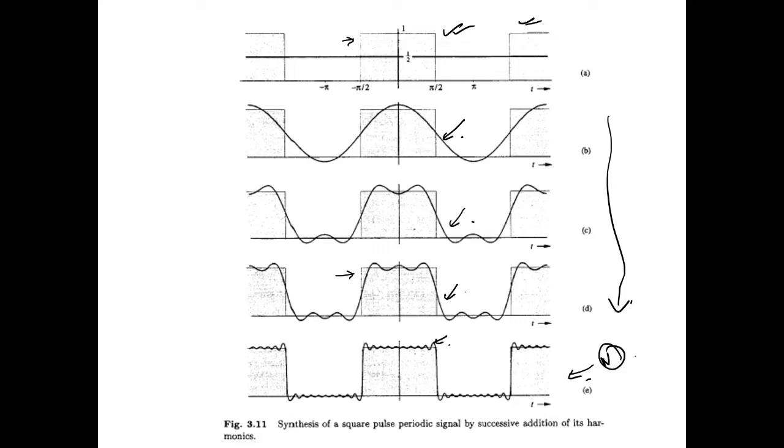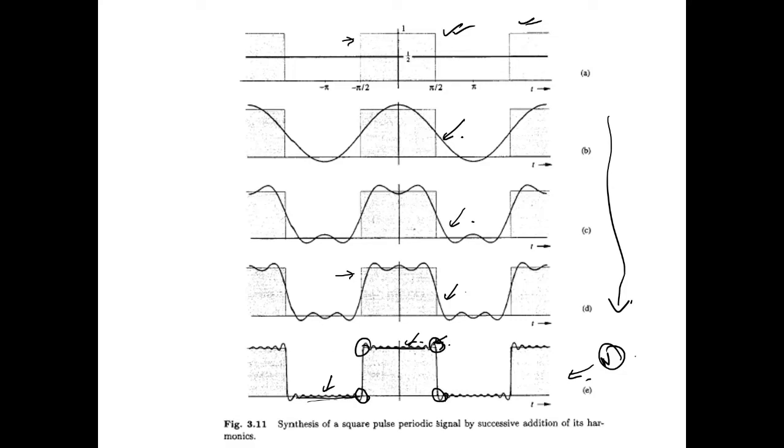Now in this case, there is not much change in the voltage levels, whether it is the base level or the maximum level. There are some ripples, but these ripples are not great. Okay. However, at the discontinuities,